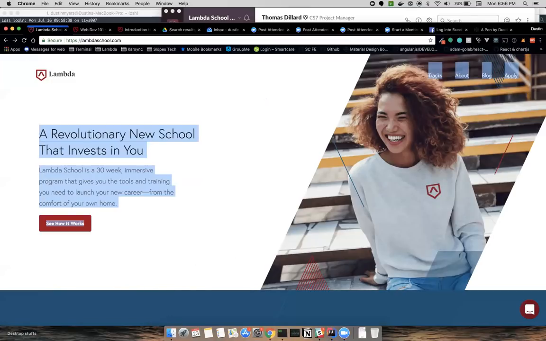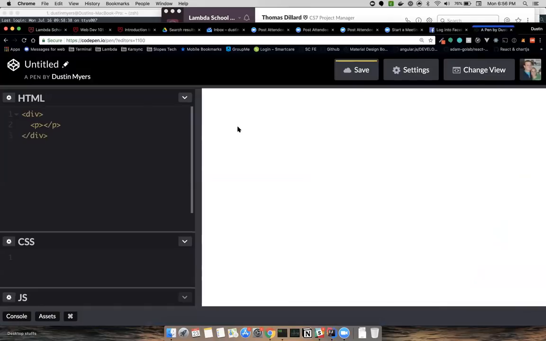So with div tags, we're just dividing our website into all these smaller sections, and div tags usually have content inside of them. A p tag is a paragraph element.